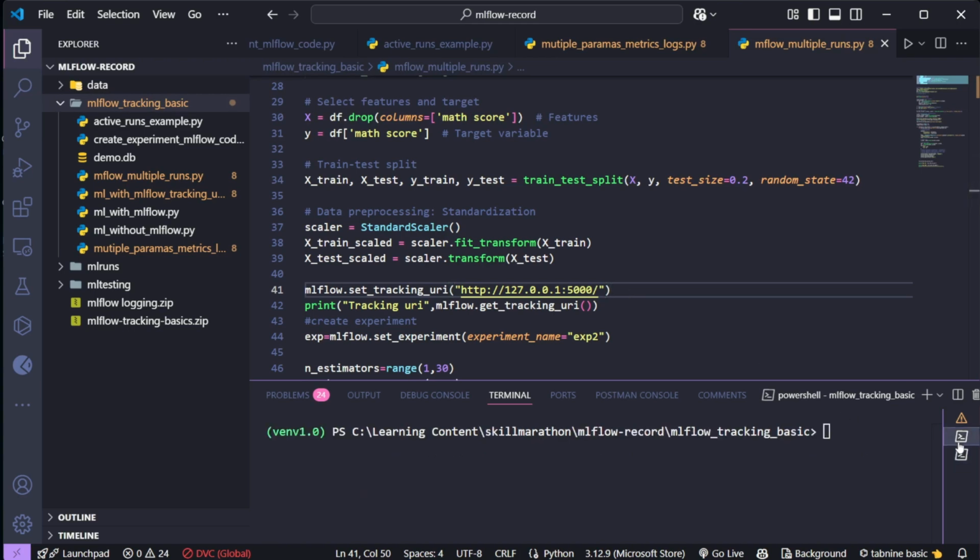Now what I need to do is come back here and run that code: python mlflow multiple runs dot py. Okay, there's a name issue. It's not MFlow by default. By mistake I have written MFlow, but let's keep the same name only: MFlow multiple runs dot py. If I run this code now,